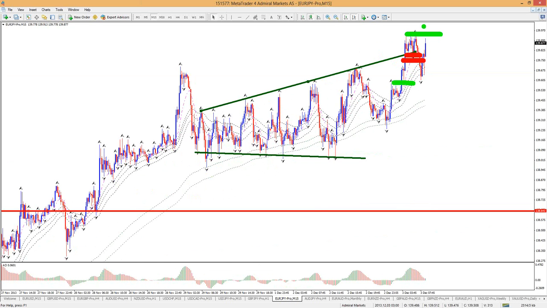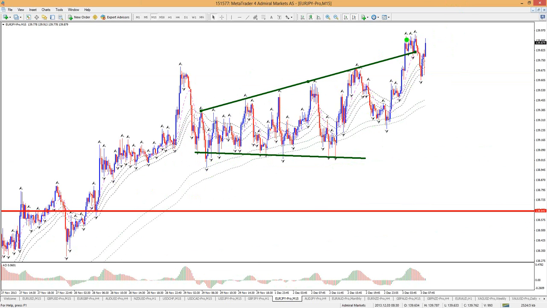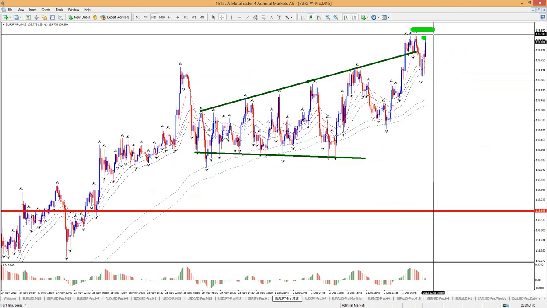How far could it go? It's difficult to say. It's been moving a bit choppier, but it could accelerate and break up very nicely. So that would be a breakout trade. I think that's the only one that actually probably has qualified so far today. So it would make sense to focus on this one. So I'll put entry order on that. I'll just take it above. I'll trail stop it. I'm not looking necessarily for any TP at the moment, because the euro yen